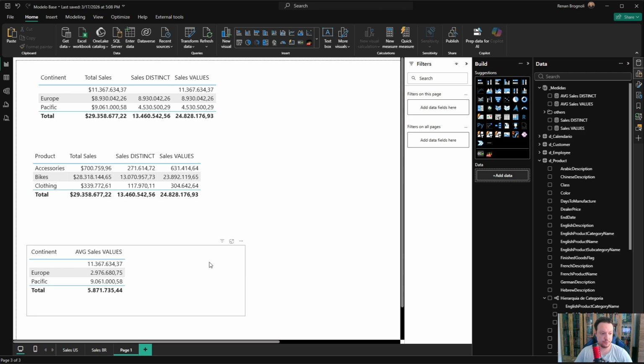So for Europe, we have an average of 2 million. For Pacific, 9 million. What does this mean? That, I don't know, we have 2-3 countries here in Europe. The average of each country is 2 million. The same thing for Pacific. Here,